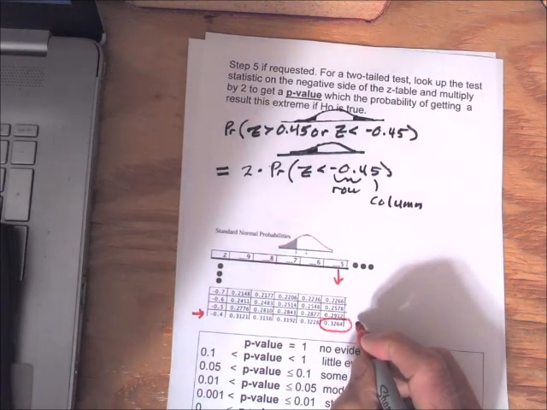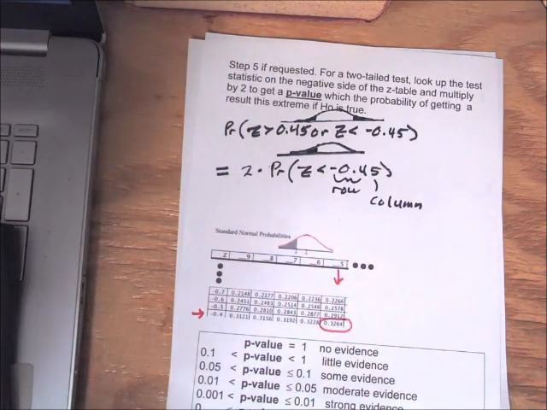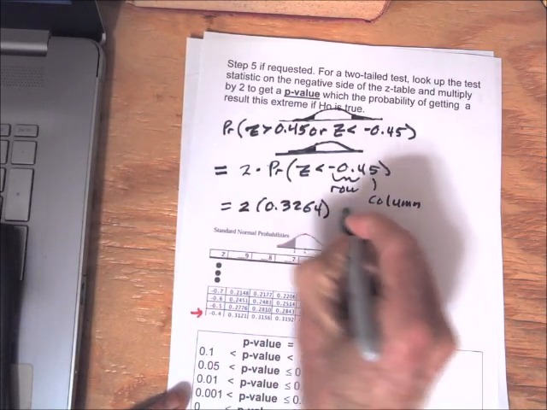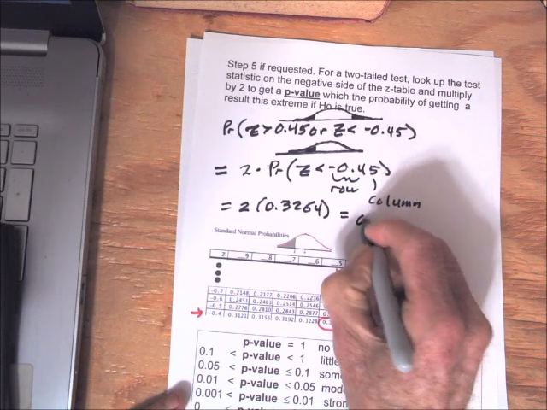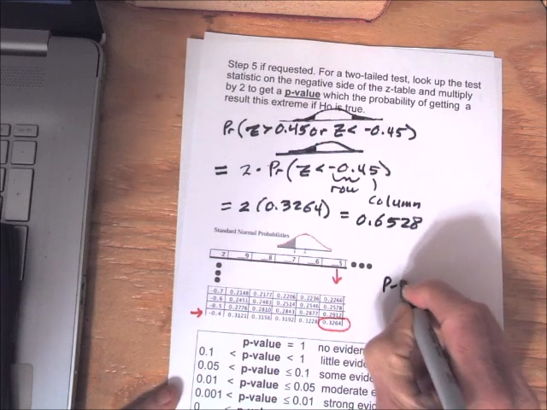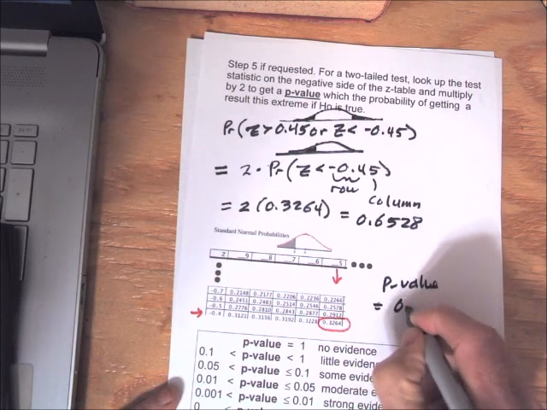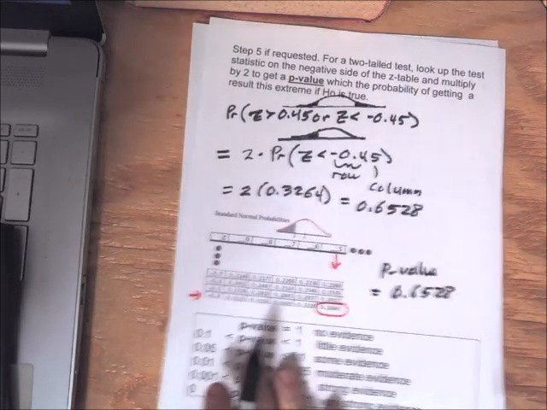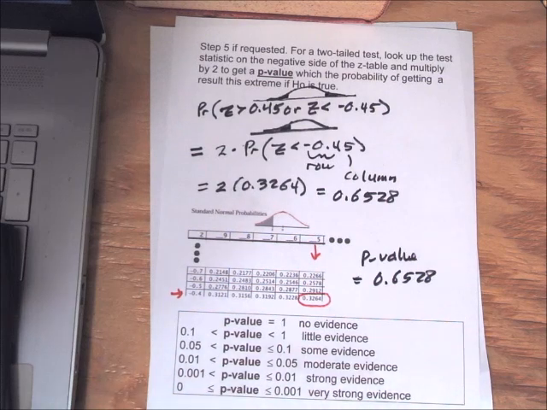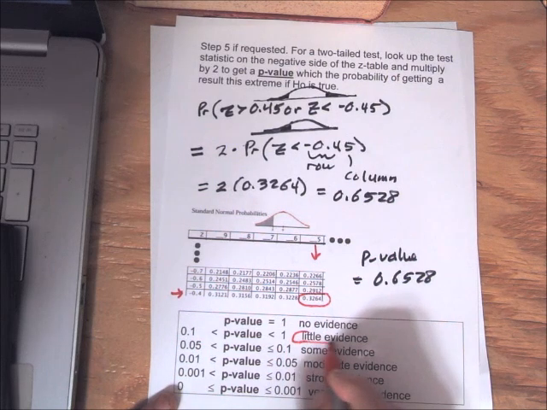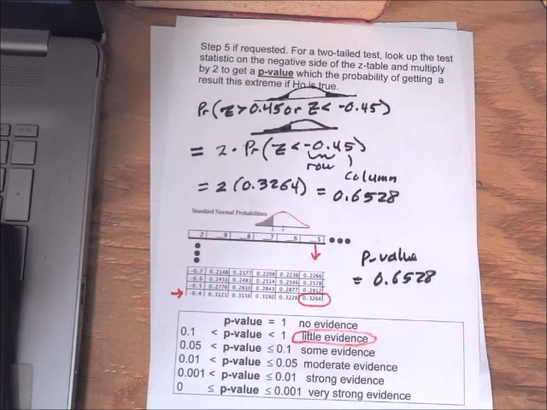So row negative 0.4 and column 5, and we get 0.3264, and we have to then multiply that by 2. So the p-value is 2 times 0.3264, and that's equal to 0.6528. So that's our p-value. The p-value is 0.6528. And if we look at our chart here for interpreting the p-value, 0.6 is between 0.1 and 1, so that means the sample provides little evidence that the